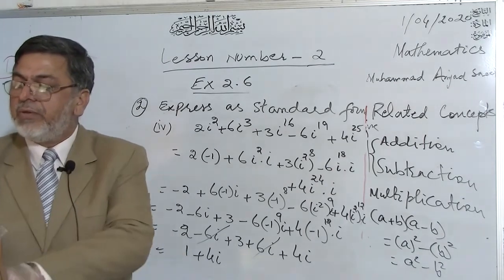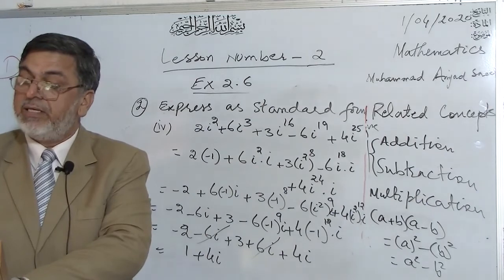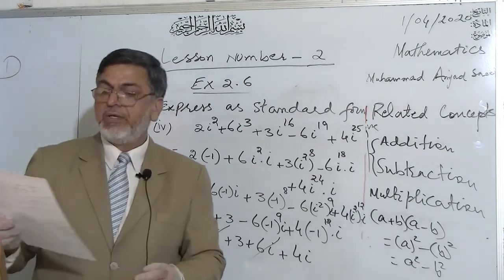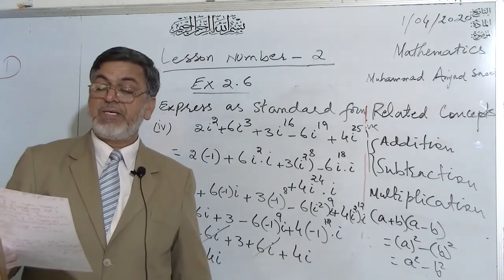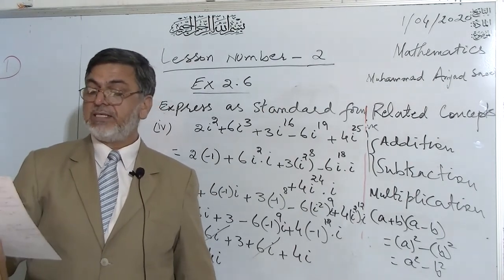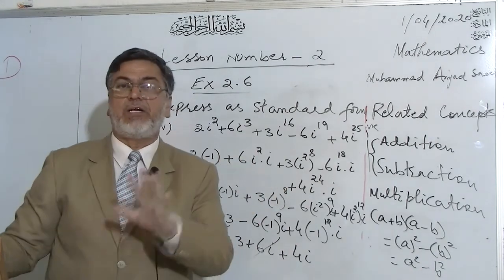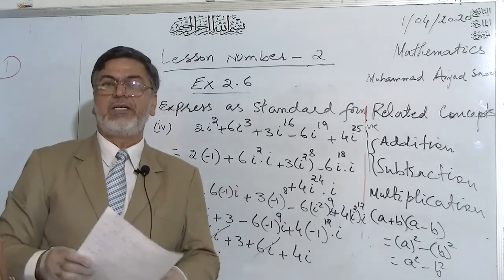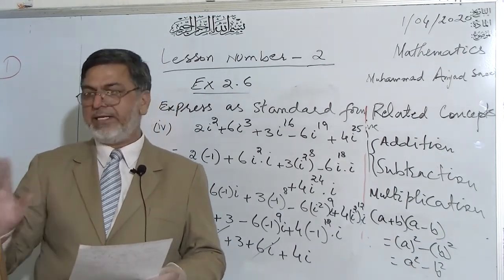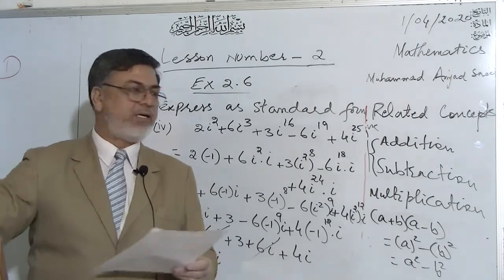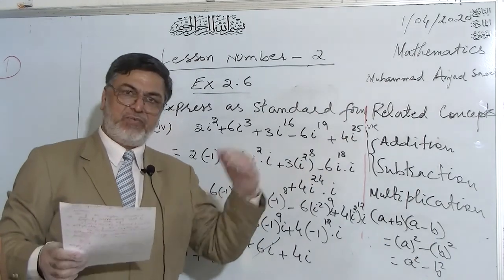And I will give you the questions. There are two questions, and the first question has 3 parts and the second question has 2 parts. You have to simplify them. They are similar to the questions I have solved on the whiteboard, okay? So you can do it very easily, and keep in mind they are very easy, very simple, and exactly like the questions which we have already solved on the whiteboard. So if you have any problem, we'll do it inshallah.